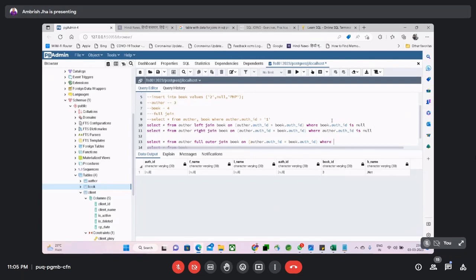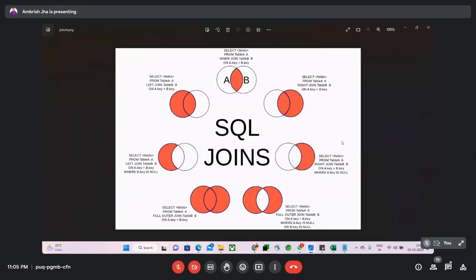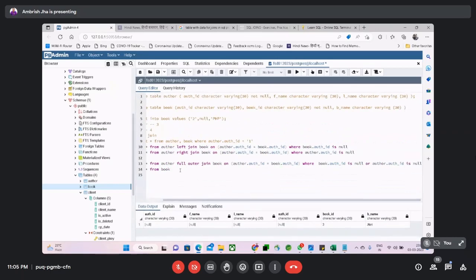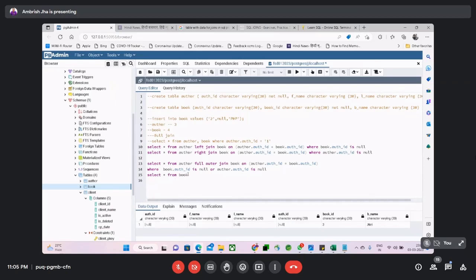वेयर बुक का ऑथर आईडी भी नल हो एंड और दोनों अदर साइड देखना है ना, और ऑथर का ऑथ आईडी भी नल हो। इसका आउटपुट कौन बताएगा? टू रिकॉर्ड। वेरी गुड। टू रिकॉर्ड एंड विच टू रिकॉर्ड? मैं बताता हूँ।